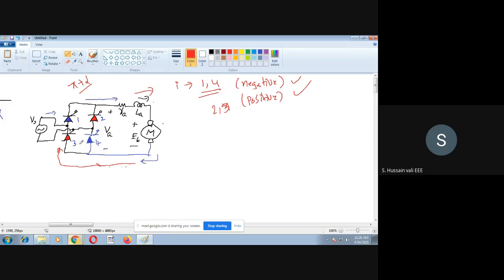When the current takes the direction through 2 and 3, the current in thyristors 1 and 4 will automatically become zero. When they become zero, they are turned off. So it's a natural commutation. The commutation here occurs naturally. It's not forced commutation. You understood now? So you understood the reason why: the voltage across 1 and 4 is negative, whereas the voltage across 2 and 3 is positive. Because of this, the current prefers the 2 and 3 path, not 1 and 4. When it takes this path, automatically the current in 1 and 4 will become zero. When the current becomes zero, you can say it's turned off. Naturally, it has happened.